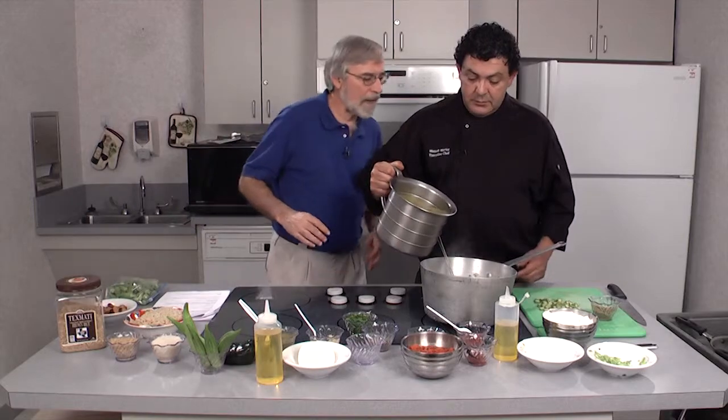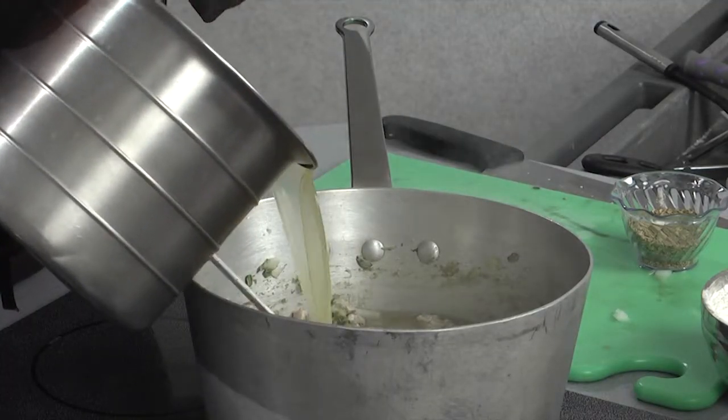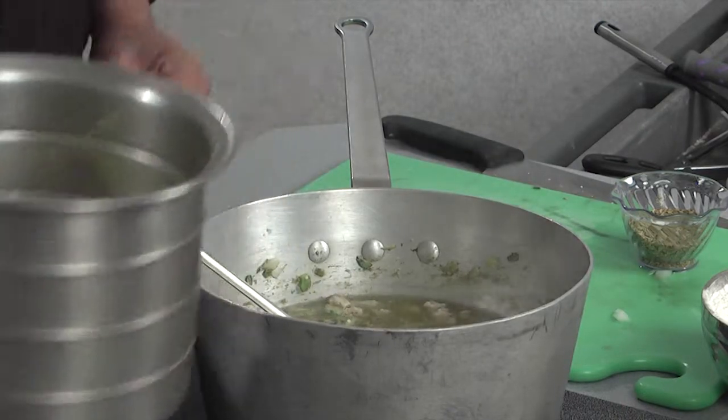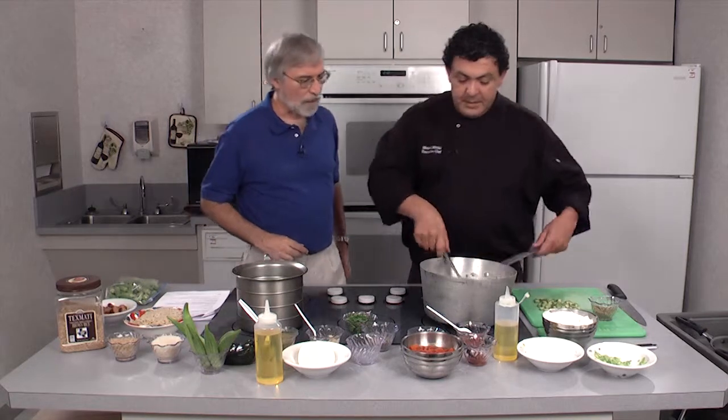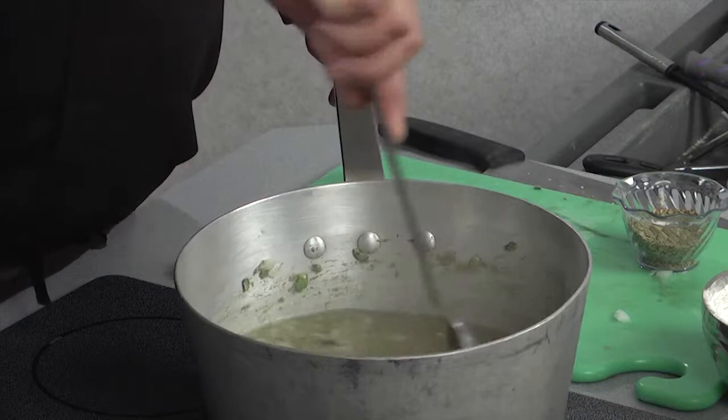Okay, now you haven't added the shrimp. You've put in the two meats. But yeah, I want to save the shrimp last. Shrimp cooks quick. Okay. And I don't want my shrimp to be chewy. So what I like to do is that we're going to add our vegetable broth, okay, Tim? Okay. We're going to mix this, and then we're going to add the remaining of our ingredients, which is a